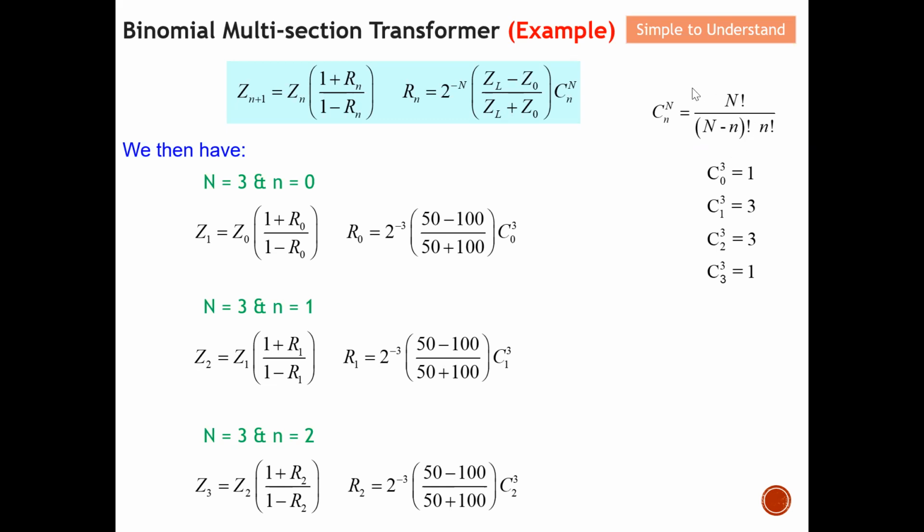I leave how you derive this to you on your own, okay, but at this moment I feel it's good that I skip this part and go into the technical discussion. So basically this is how I get the first set, which is the Z1 impedance for the first multi-section transformer. Next, instead of n equal to 0, my small n will be equal to